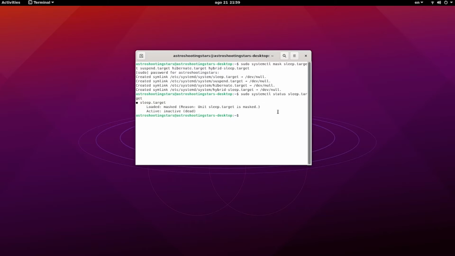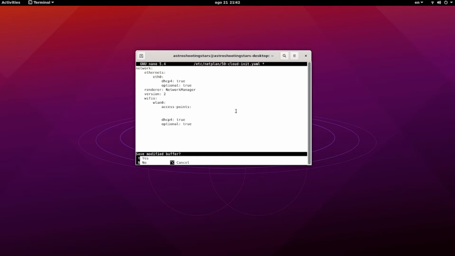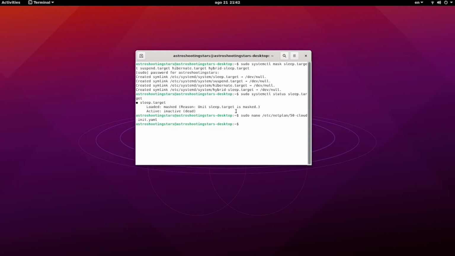So next thing that we need to do is to manage our network services as well. To do that, we have to issue another command. Here we'll issue the command called sudo nano /etc/netplan/50-cloud-init.yaml. So this is the file in which we'll configure the network as well, so that network doesn't go to sleep as well. And you have to put in the information which is provided to you in the description below.